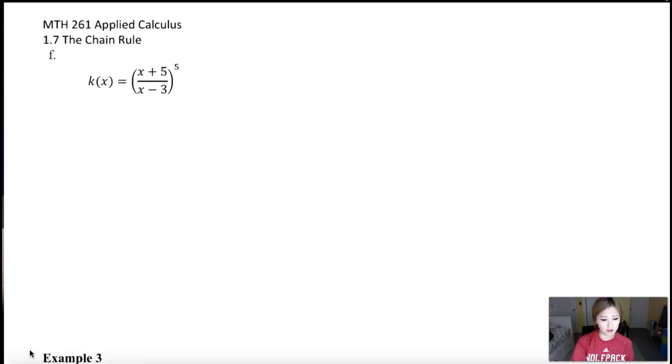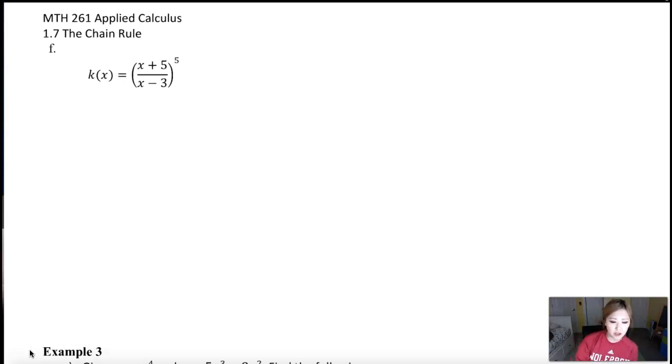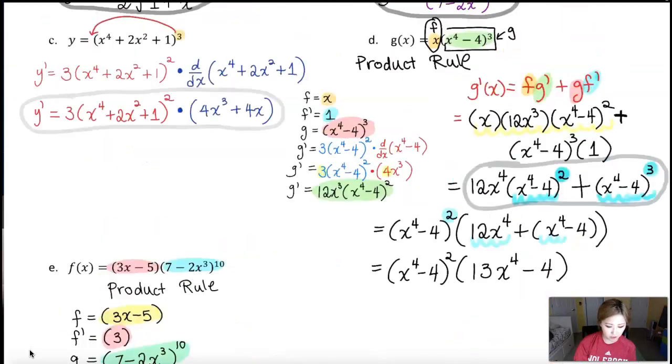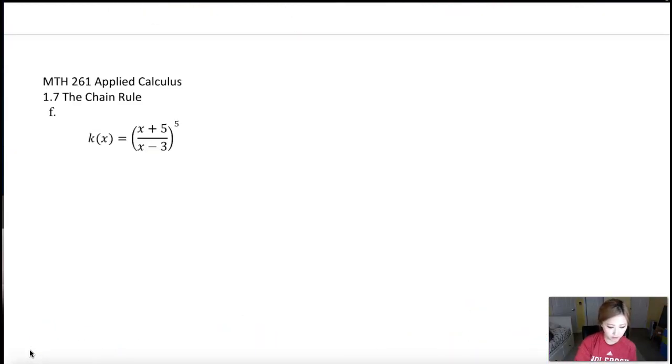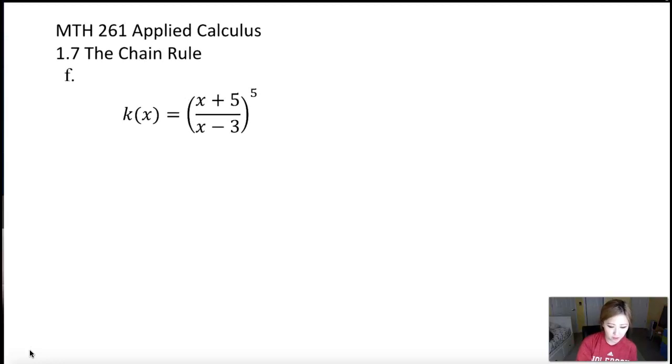So let's do this one. K of x, we're trying to take the derivative. The direction got cut off, but we are still differentiating. You see right here, the direction is to differentiate, okay? So let's take a look at our function. I'm going to write down what we are doing. Oopsie, that's too big. We're trying to differentiate